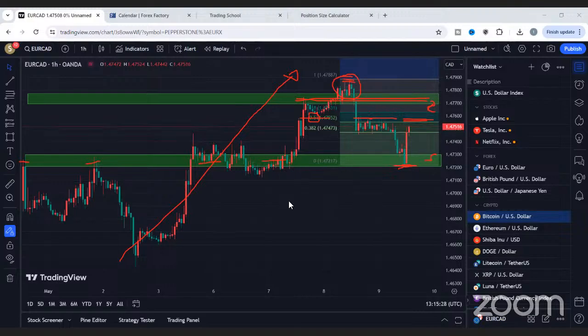The chart is getting a bit messy. Whenever I start to draw things, it starts to look a bit too much because most times I personally don't like too many things on my chart. I like the chart to be nice and clean for clarity's sake so that I can easily understand what I am looking at. And that's why it is price that we are trading. We are trading price. Price is king.